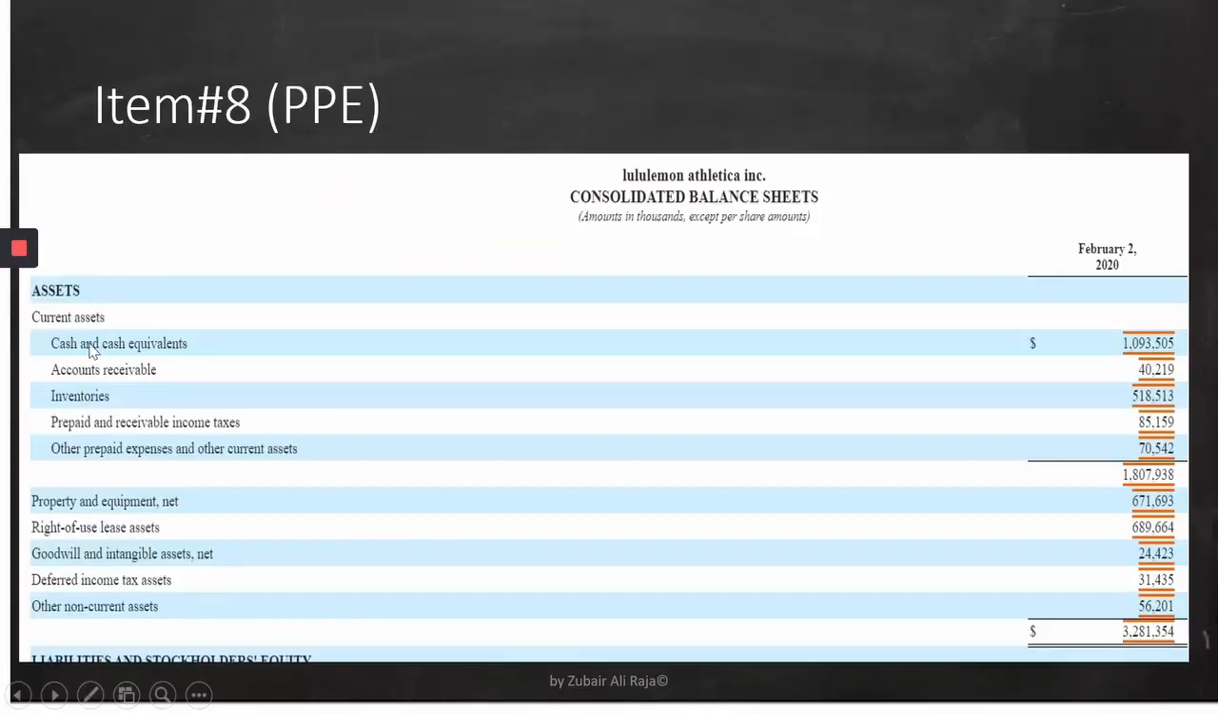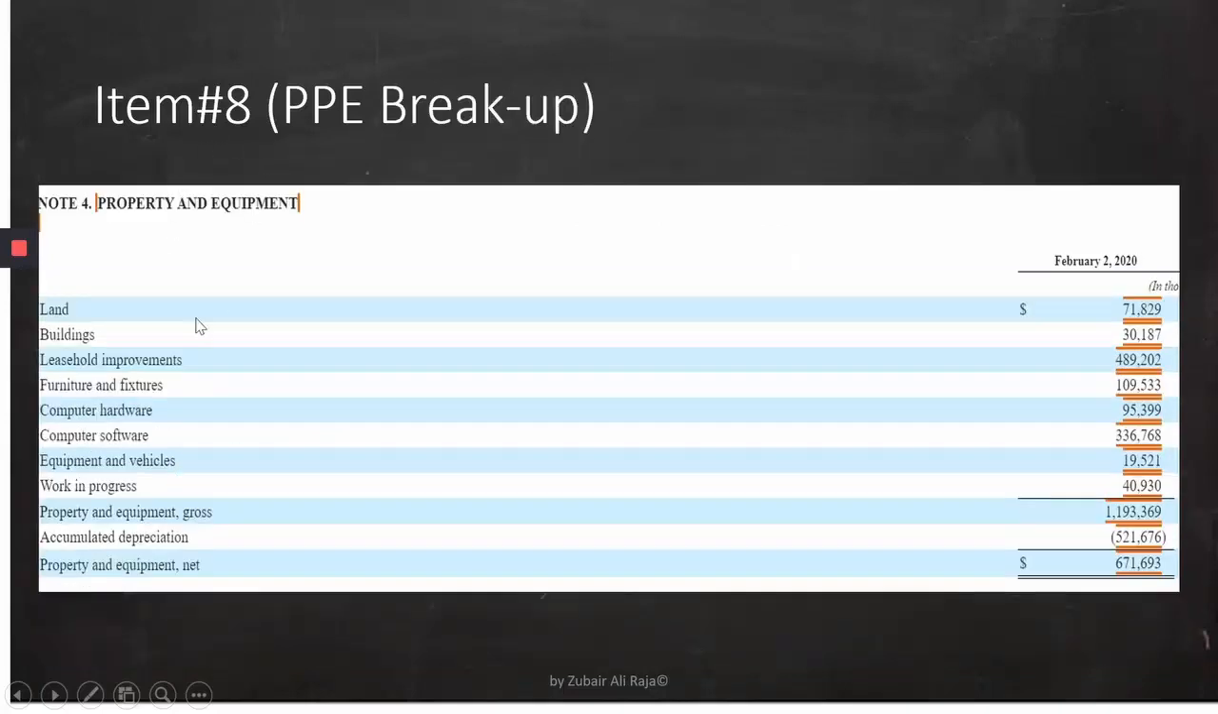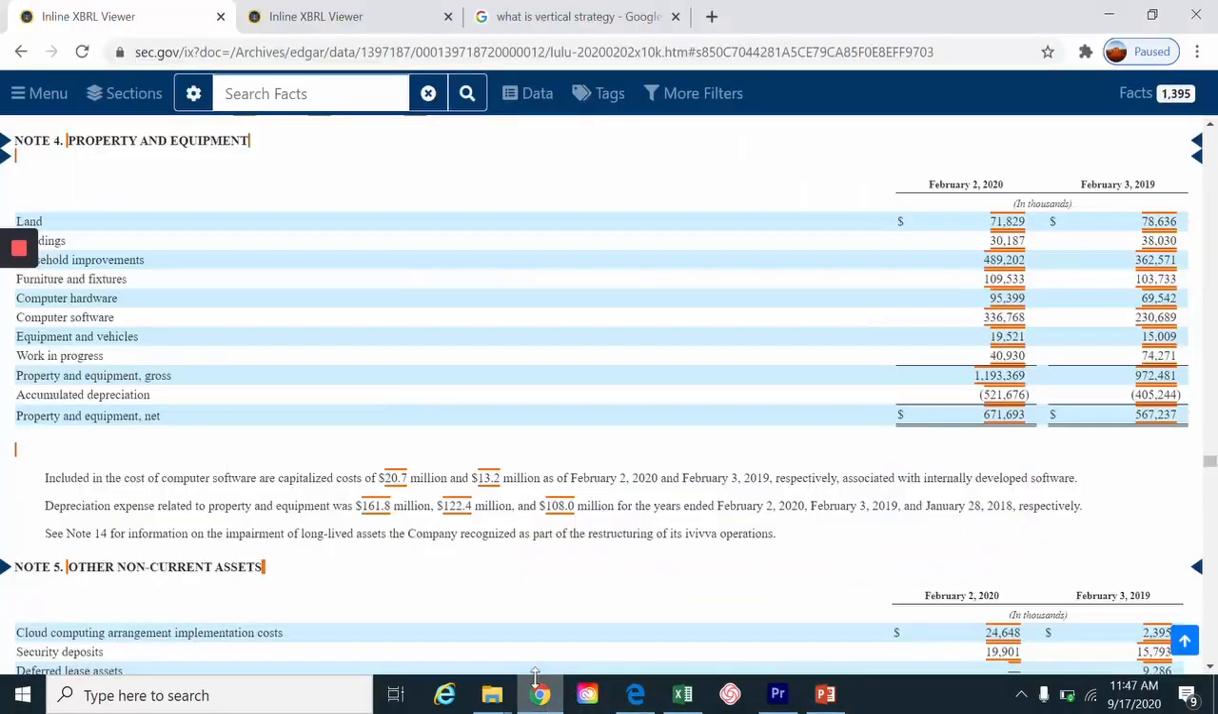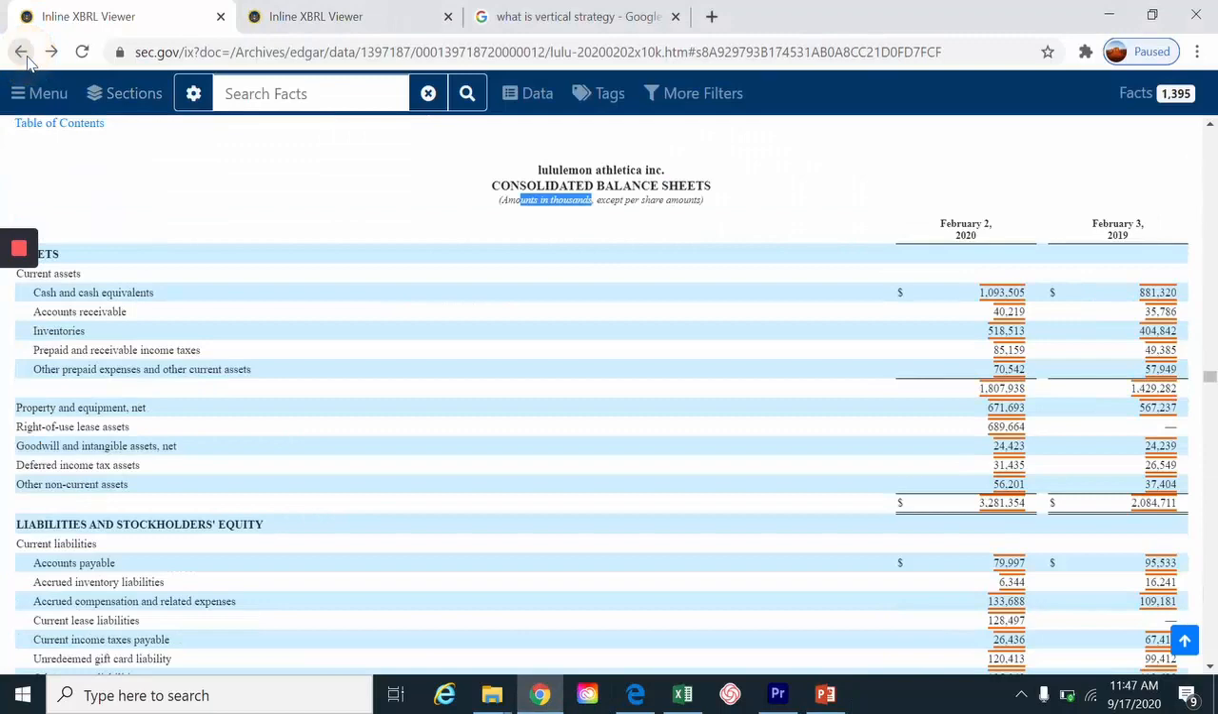So this is actually the breakup of the property, plant and equipment, the one which I have just shown you in the previous statement. This is how you will find the data from the 10K reports and import it over there. Now, some people might be thinking whether they have to type or not. There is another approach to this. The approach is this: once you write the 10K,